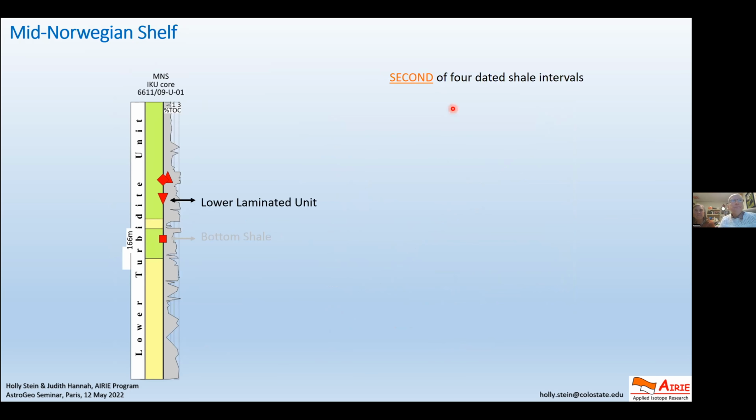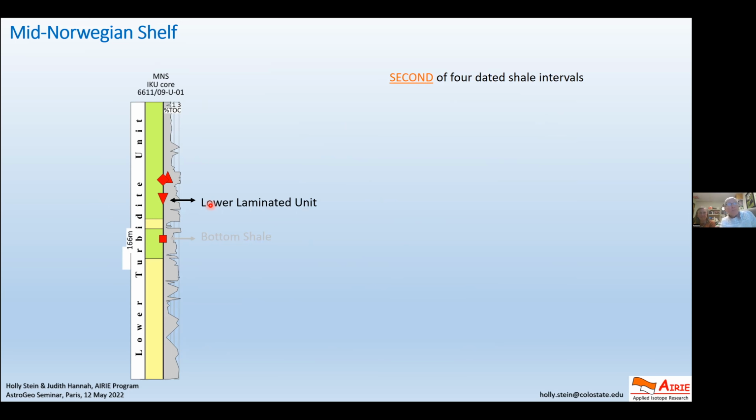Now, if we move up, still in the mid-Norwegian shelf section, to the next core that we took, presumably correlates with the East Greenland based on spores and pollen. But we can't go to the core box and say, here's the East Greenland core, here's the mid-Norwegian core. They're both black, so they must be the same age. You don't know what you're sampling unless you have a pollen person right there. And even then, the biostratigraphy, for example pollen and spore material, is spread over a large amount of the stratigraphy. It's not just in one unit.